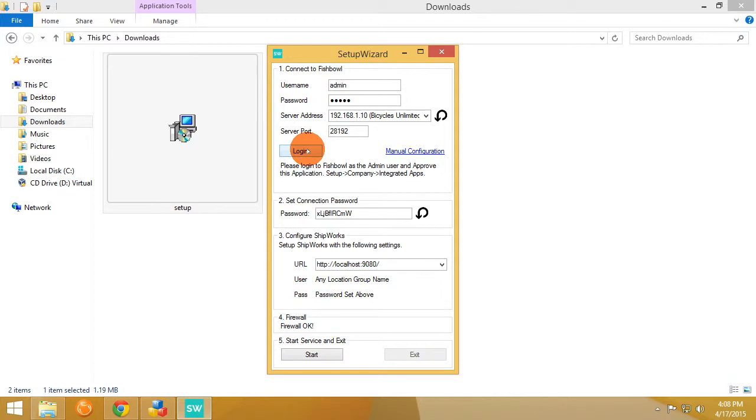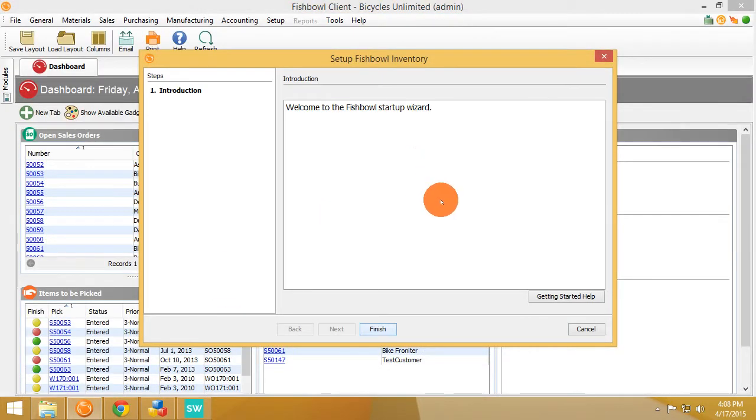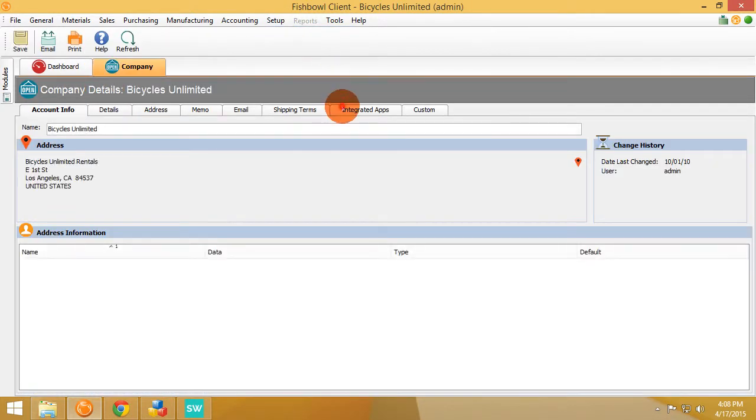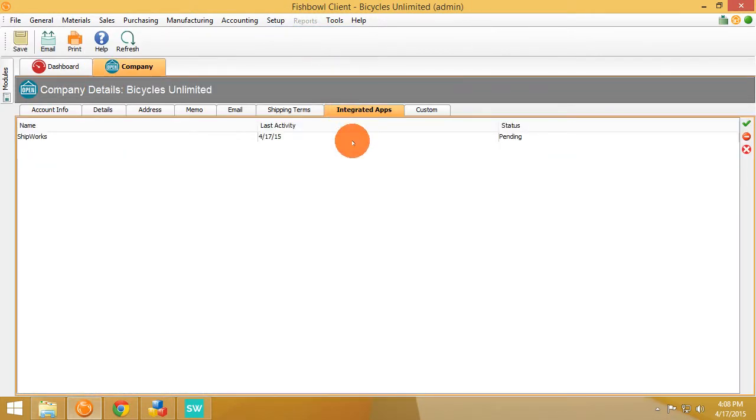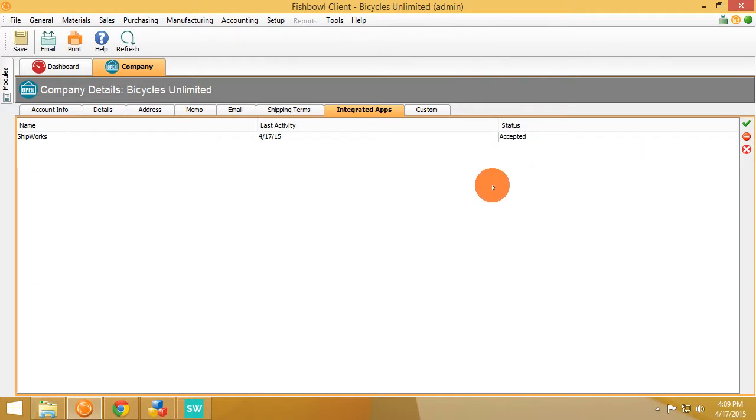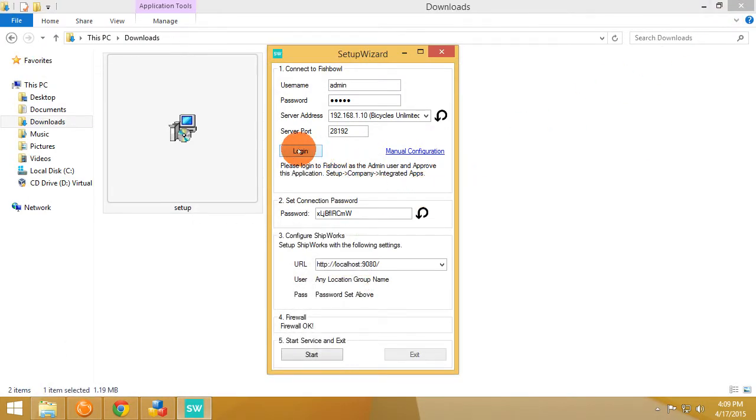When that happens, navigate to Fishbowl, log in as admin, and in this case I'm using Bicycles Unlimited. Go to Setup, Company, and Integrated Apps. If ShipWorks is not in the list, you may have to log out and log back in and go through the same process in order for the list to update. Select the item and click the green checkbox. And now we're approved. Go back to the Setup Wizard, click on Login, and we get the Auto Configure Successful